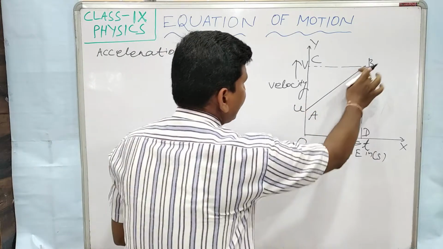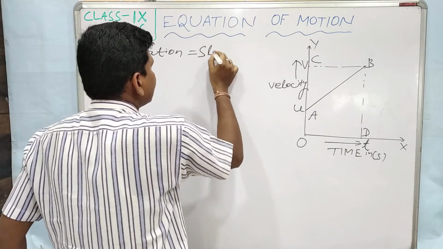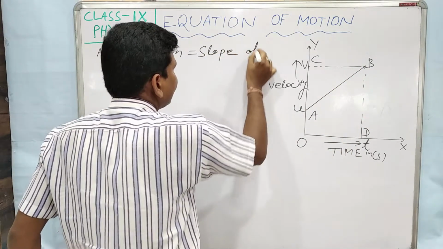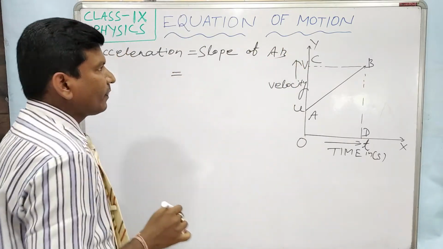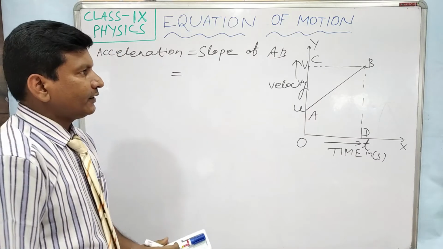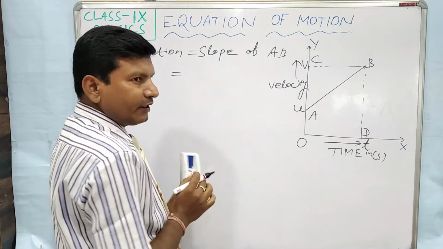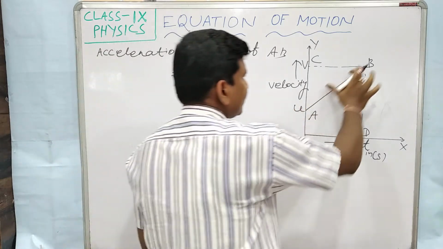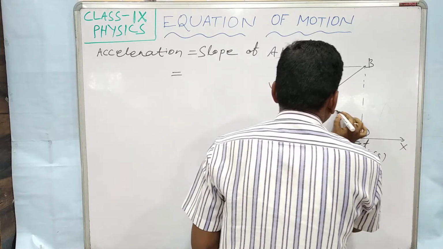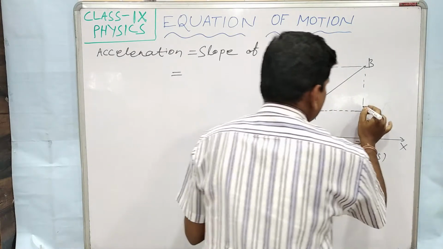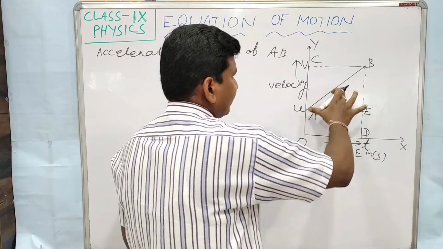Now that means we have to find the slope of the graph AB. So write down slope of AB. That is equal to... now how can you find the slope again? Whenever you find the slope, what do you need to do? This is the hypotenuse of a right angle triangle. If I create a right angle triangle, say this point is E, and this becomes the hypotenuse.